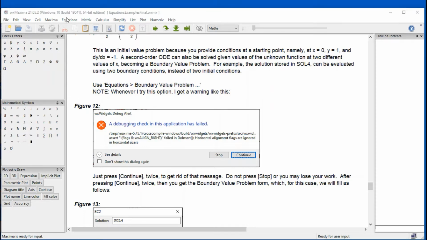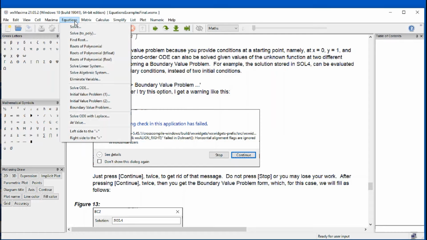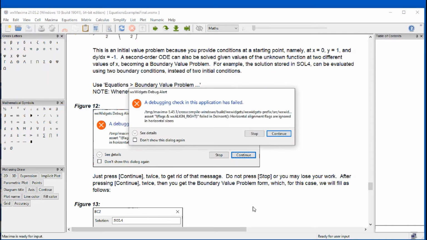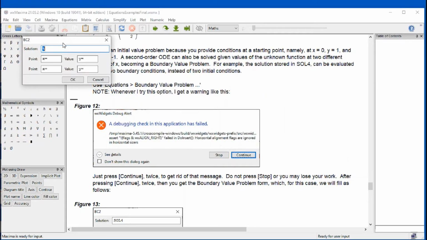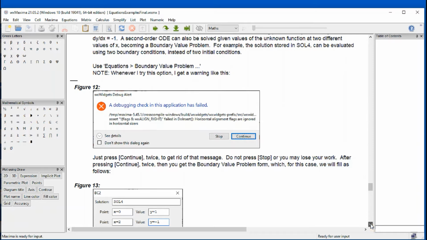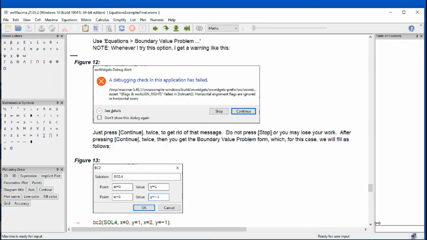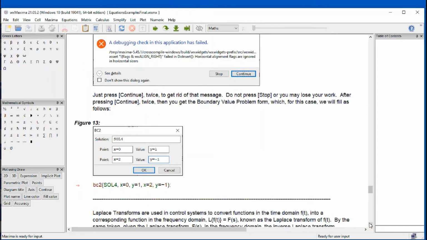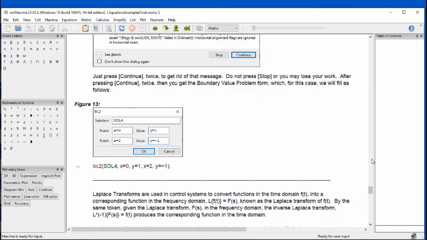So when we activate the boundary value problem solution, we get this warning. I have no idea why, but all you have to do is not press stop at all. Press continue twice, and then you get the form that is required to solve the problem. Here we're going to be using the solution in solve for, the same that we